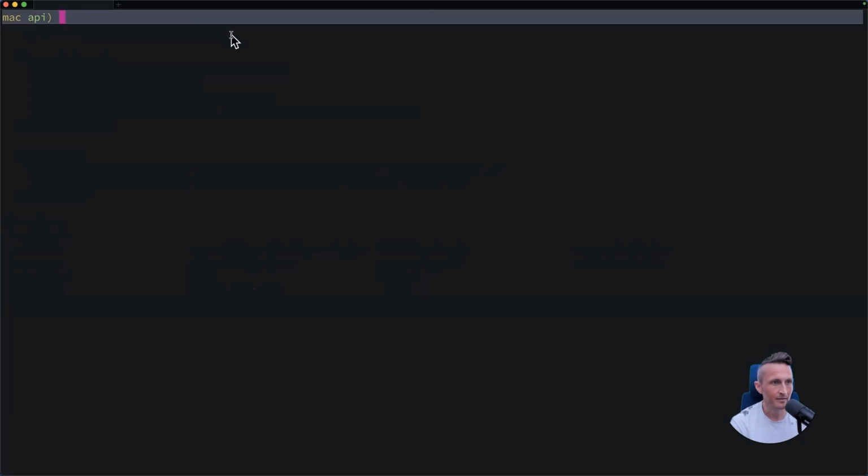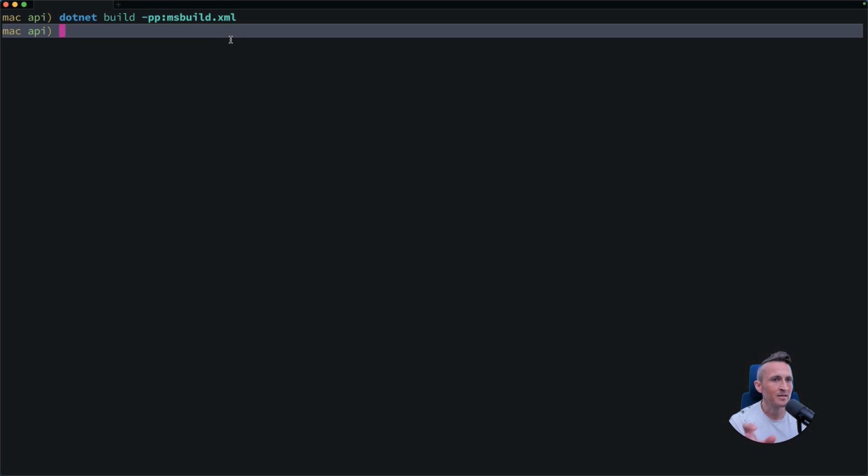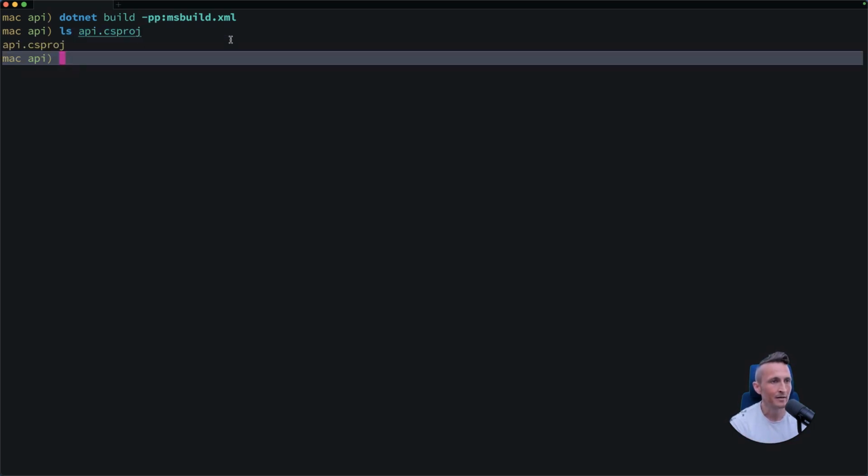So if I clear this out here, if I were to perform a .NET build, I could pass an argument -pp, then a colon. I can specify the name of a file, like msbuild.xml. When I do that, that will preprocess the API.cs project file that we've got here. And it'll spit out a combined file that has everything included inside of it so you can see what exactly is happening behind the scenes. So if I open that up with VS Code,